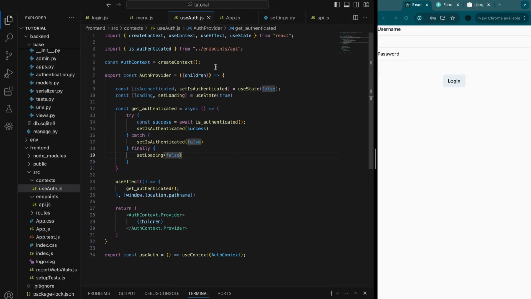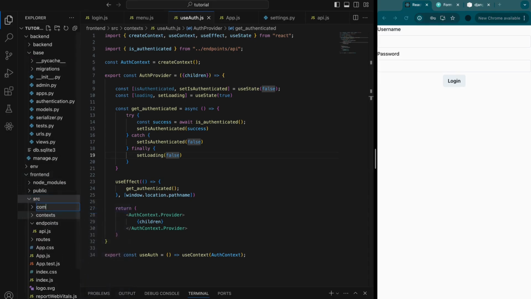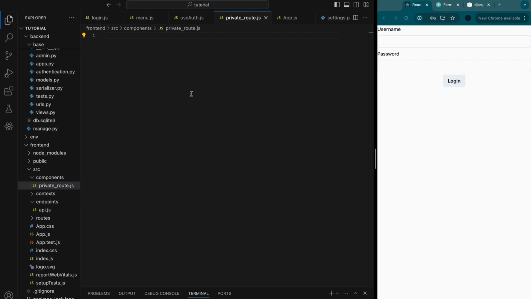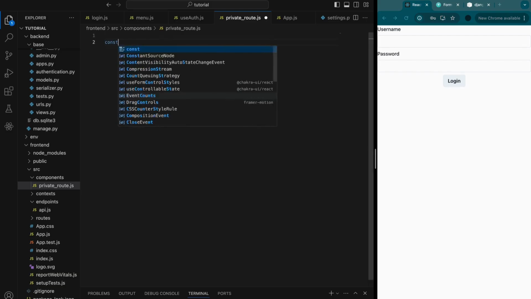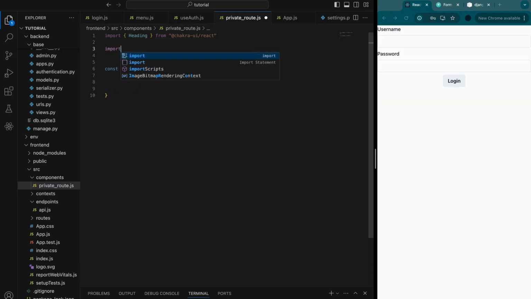So that's correct. Now what we want to do is create a new folder called components, and we're going to create a new file called PrivateRoute, and this is going to be the routes. It's going to be a wrapper for the routes that we shouldn't be able to access unless we're logged in. So we'll do const PrivateRoute. It's going to take in children. Then what we're going to do is import Heading from Chakra. We're going to import useAuth,